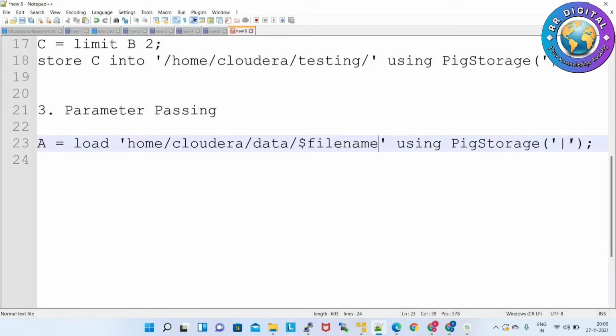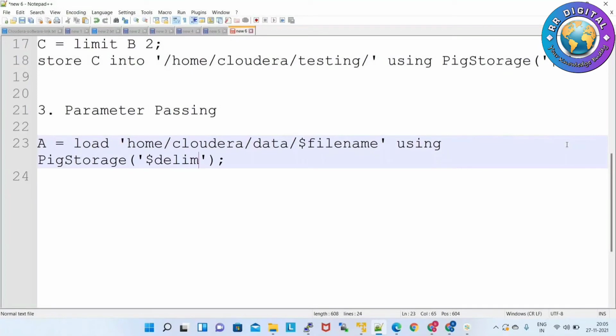And the delimiter also: maybe today it is separated by pipe, maybe tomorrow the data will be separated by comma. So here also dollar delimiter. Like this we have to define parameters. After defining parameters, how to pass values?